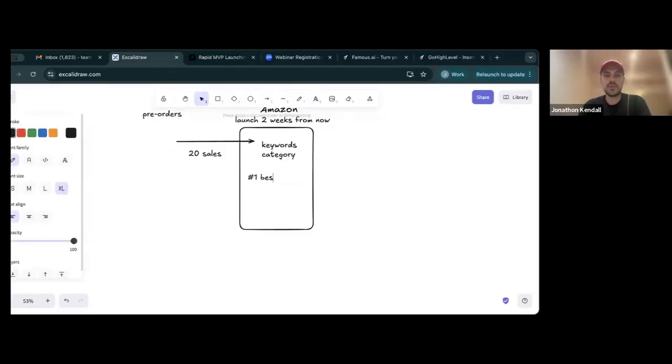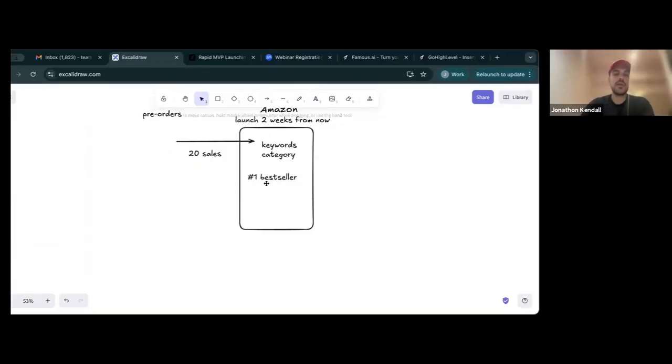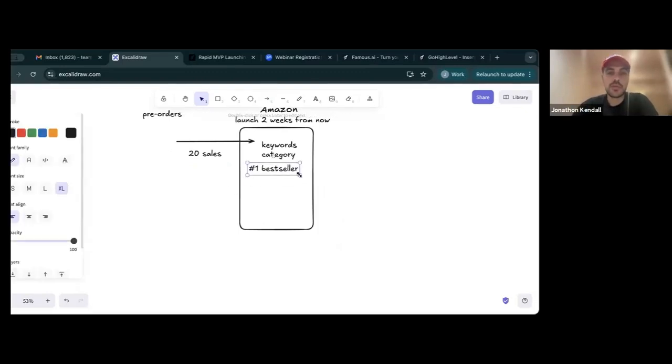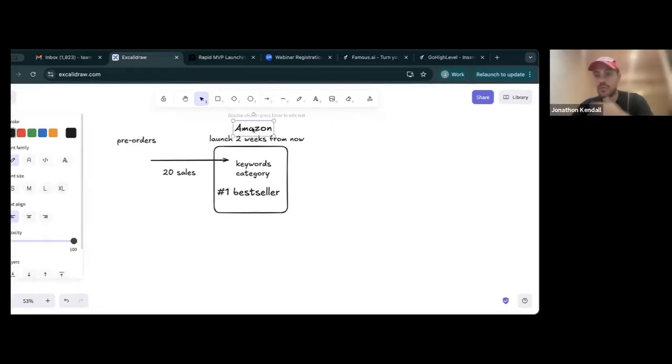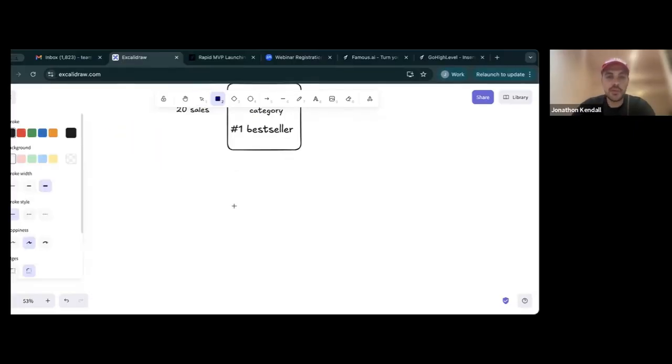I'm not going to get into the reason for this, but basically they have a lot of different categories and they want you to become a bestseller so that you feel good and then you can do marketing in the future being a #1 bestseller. This happens in the book publishing world, which is my world, but you have to do pre-orders. So there's something similar. I've noticed a problem with a lot of you guys.